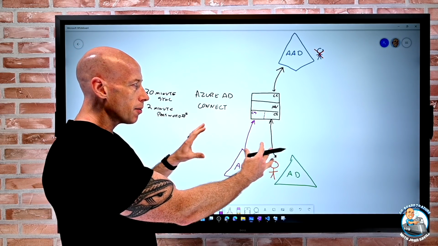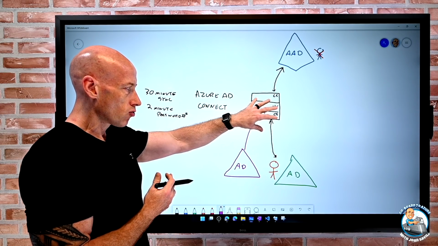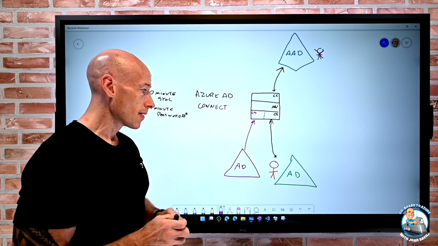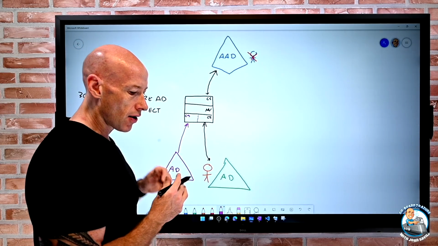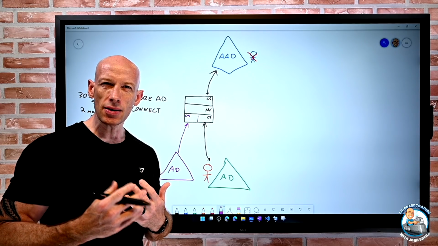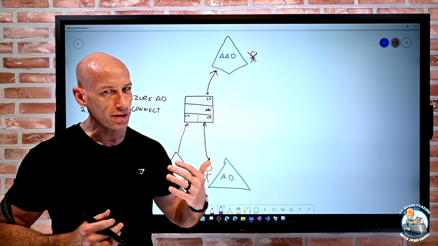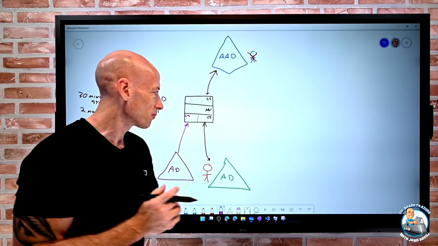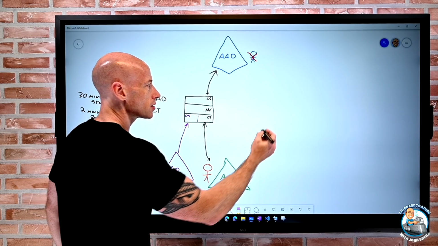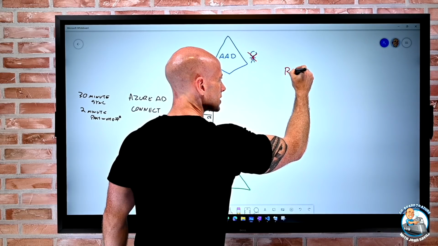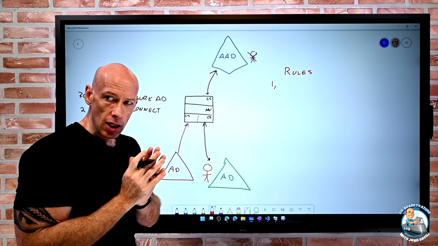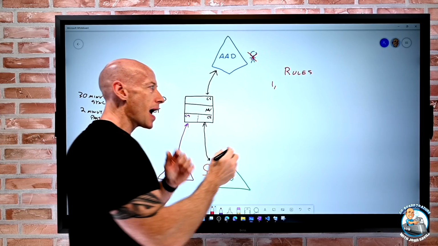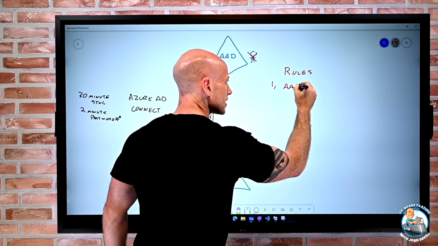But when I think about Azure AD Connect, remember I have one active instance and multiple domains and Azure ADs, there are some key rules. If you ever saw Gremlins, they're like these key rules, don't feed it after midnight, etc., etc. So we have rules for Azure AD Connect. So rule one on this whole thing is an Azure AD Connect instance